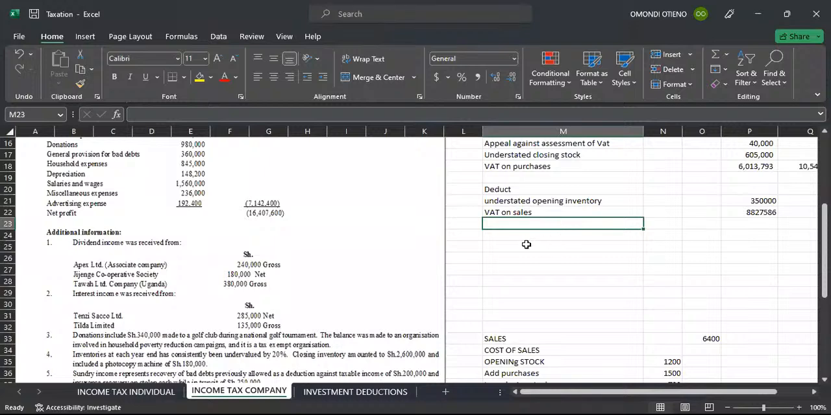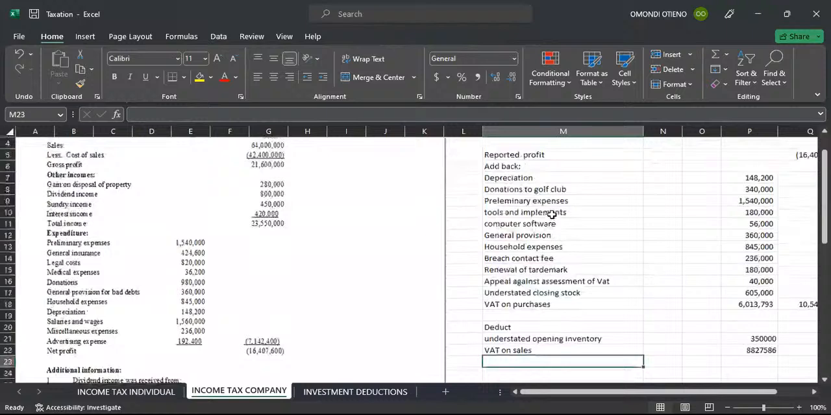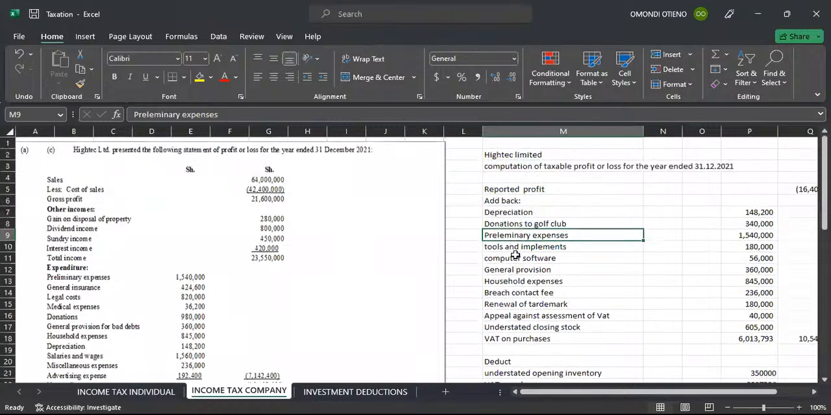Okay, so for those who are asking me how to treat the photocopying machine, yesterday they were saying that we are supposed to add it up here. So whatever you are adding up here was placed as an expense. It reduced the profits. That's why we were adding back the small tools. We were adding back the capital expenses like these ones here, tools and implements, computer software,